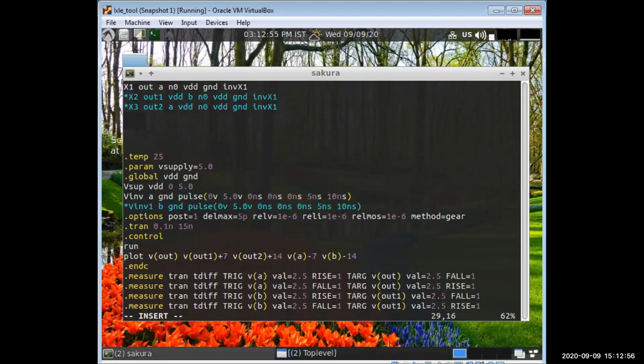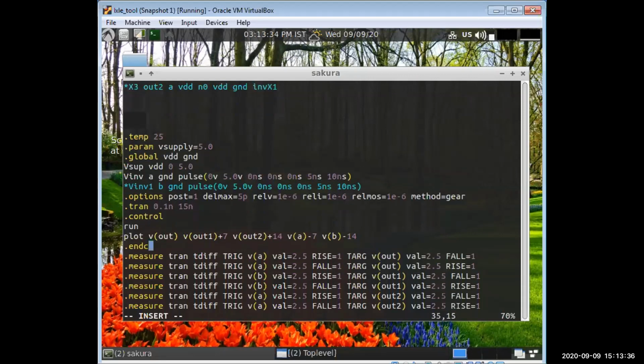Then this is a pulse voltage source which we give for the transient analysis with time. First is the initial voltage 0 volts, then the pulse voltage, meaning up to how much voltage it will be pulsed, that is 5 volts. Then this is delay, rise time and fall time; I am keeping them ideal, 0, 0 and 0. This is 5 nanoseconds, the pulse width, and 10 is the period of that pulse. Then dot options. In transient, I am giving the step size as 0.1, and I am going to do the transient analysis up to 15 nanoseconds. And dot control, run, then plot.